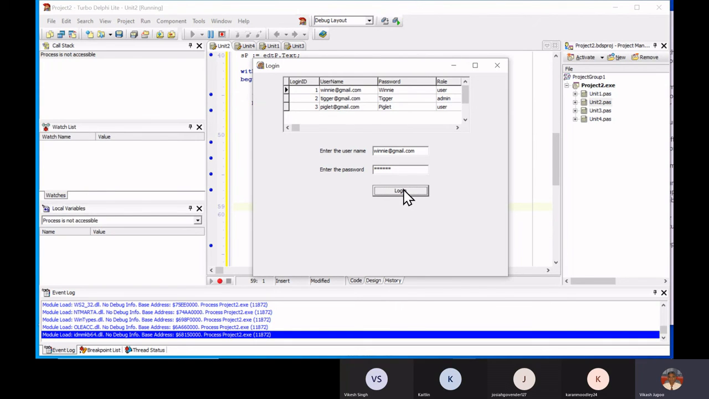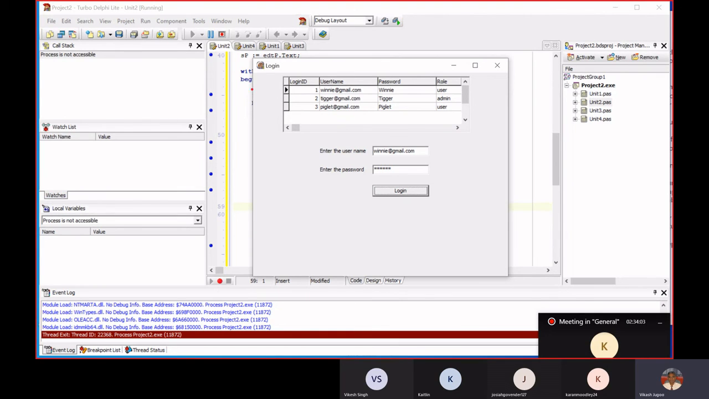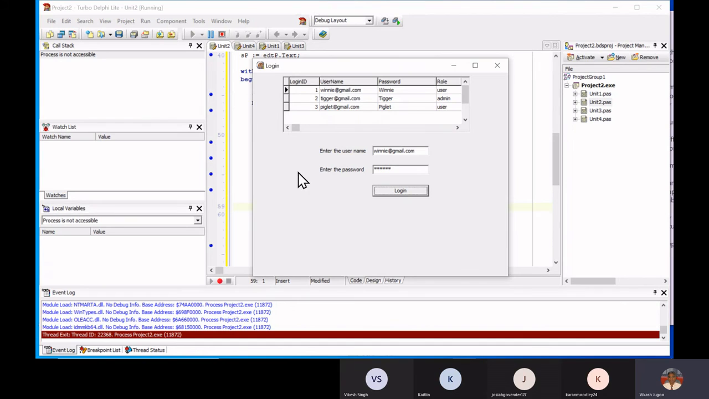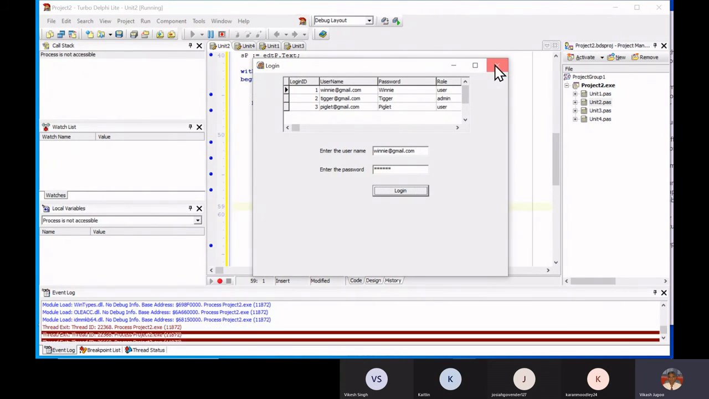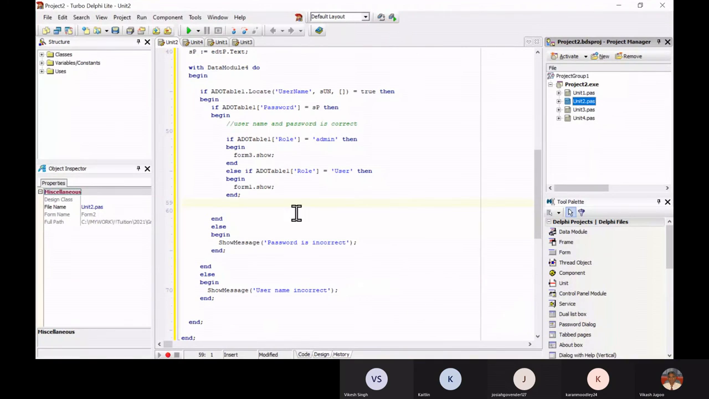So when I click on login, nothing happened. And the pointer has now gone back to the top. But if I click on login now, I suspect it's going to work. No, it's not working. Haha. Okay. Right, so let me go back to my code and let's figure out what's going wrong